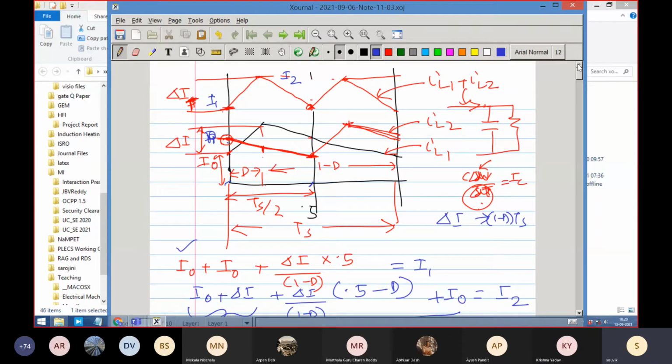Such converters are used in the Pentium power supply called VRM, voltage regulator module, which has a 4-phase or 6-phase buck converter structure, which essentially converts 12 volt to 0.7 volt. But at the 0.7 volt end, the current requirement is 200 ampere. So now imagine how difficult it would be if all the current had to pass through one MOSFET and one diode. In fact, they don't use a diode, they use another synchronous switch, but that is beside the point.